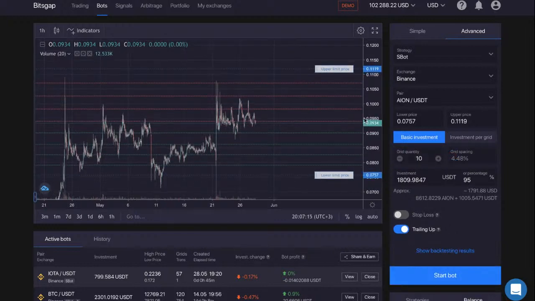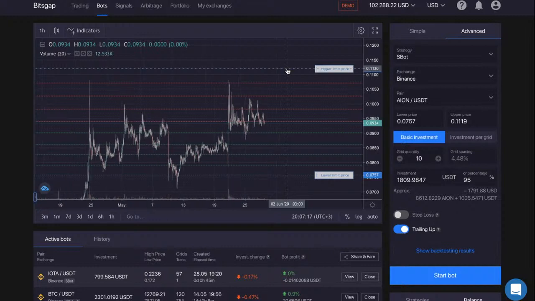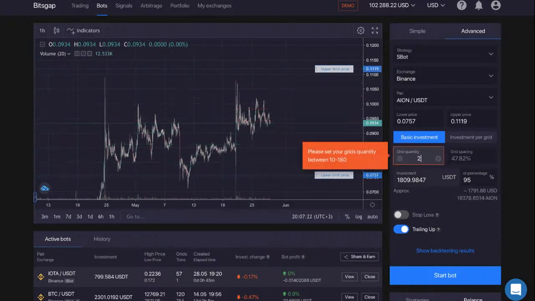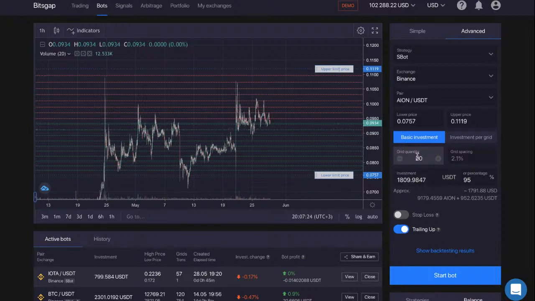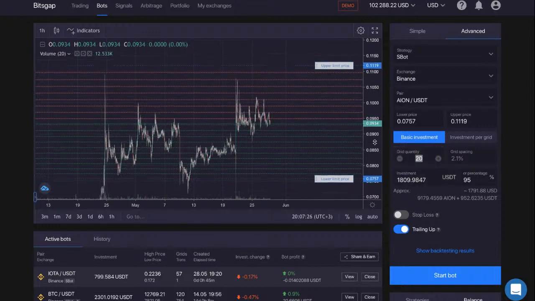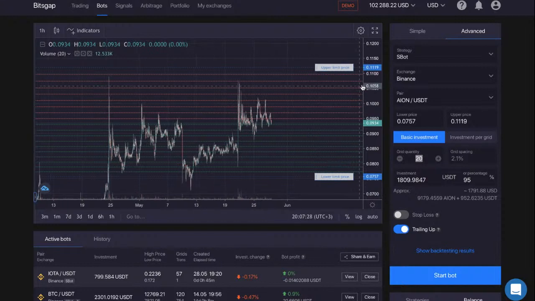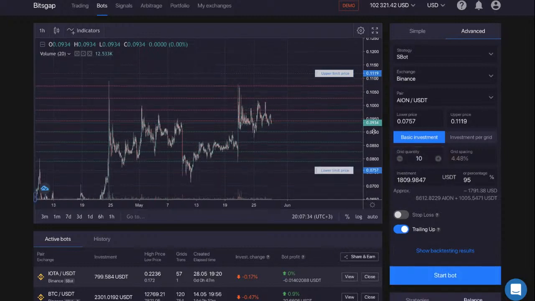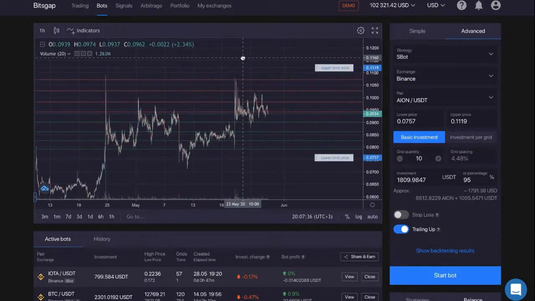So that means that you would be required to have less amount of money in comparison with this setup where you have 20 grid levels. All right, so with having this minimization from 20 to 10, you can now initiate bots with